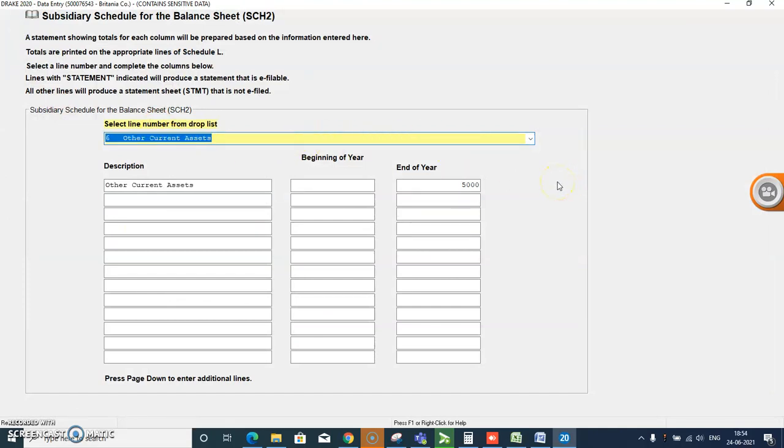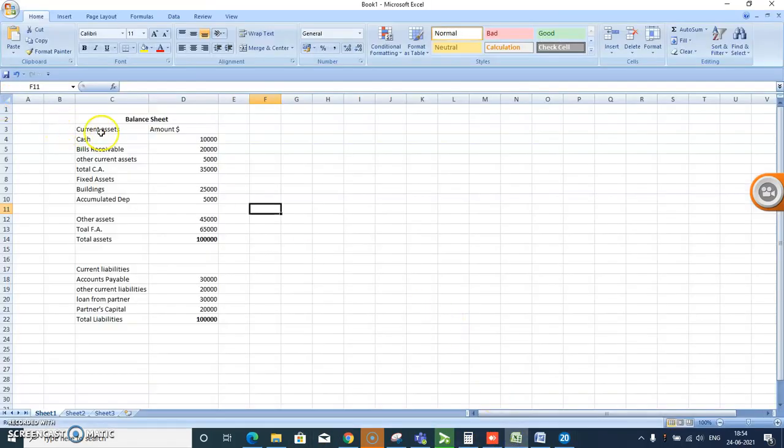When you have to report new items, you just have to press page down to enter additional lines. Do that and you can add the new lines. I have reported everything from this Excel: for the current year, current assets, cash, bills receivable, other current assets, fixed assets, building, accumulated depreciation, other assets. So total assets come to $100,000 or $1 lakh. Now coming to current liability: accounts payable, other current liabilities, loans from partners, capital.